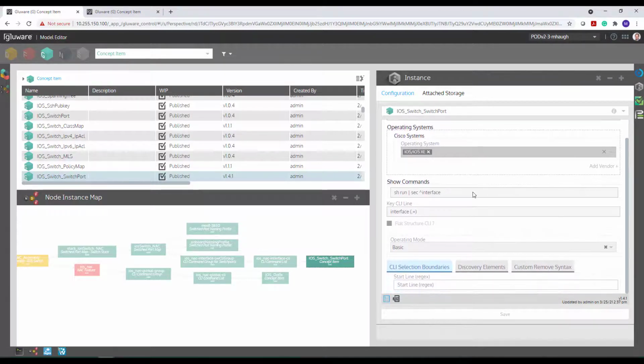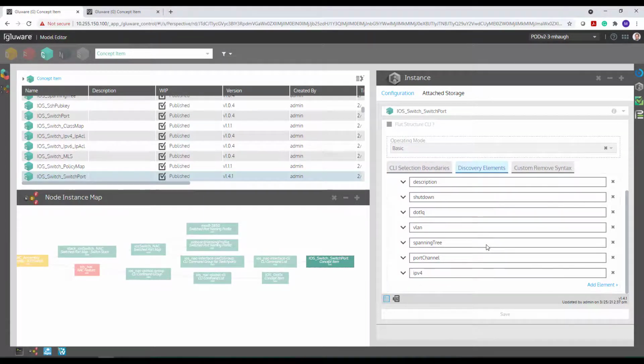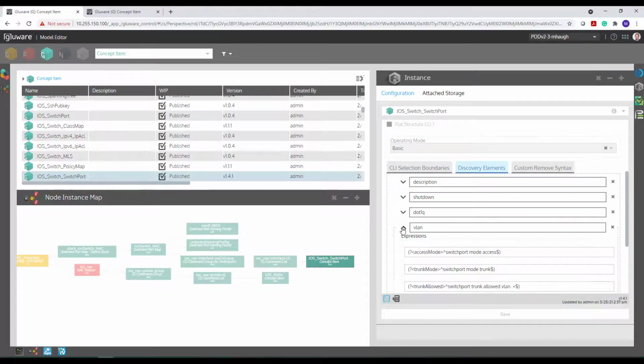Well, when we're running show commands to look at the configuration state, we can also leverage that time to execute commands or look at the command output to then take information and assign it to variables. And so you're going to see a tab called Discovery Elements. If you look under Discovery Elements, we're discovering numerous information here. The one I want to highlight is, remember, VLAN and access. So the path is